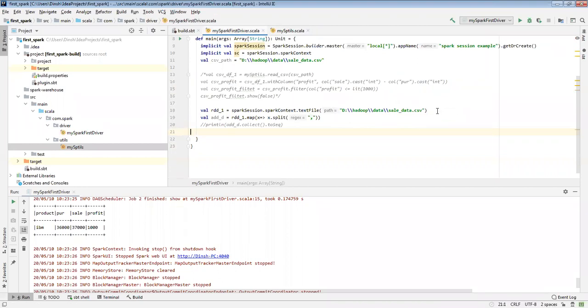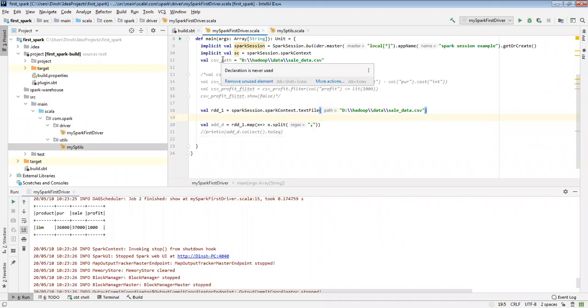So this is the way I can create an RDD. Here I will pass the RDD path, because it depends on the Spark version whether RDD will be supported or data set will be supported. I'll try with local first, and I'll create the RDD first.